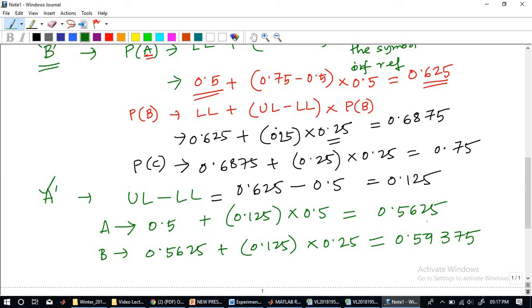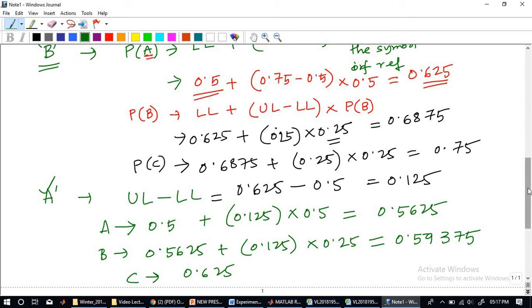Don't abbreviate your answers. Whatever the decimal value you are getting, please note it down, because this is only a very small little problem where you are getting 3 symbols. I'll show you another problem where if you don't keep those decimal values, it will be very difficult to segregate each one of them. So don't just reduce the decimal values just like that. Okay? Just keep it for the time being. So what will we see? Naturally it should be 0.625 as the higher limit.